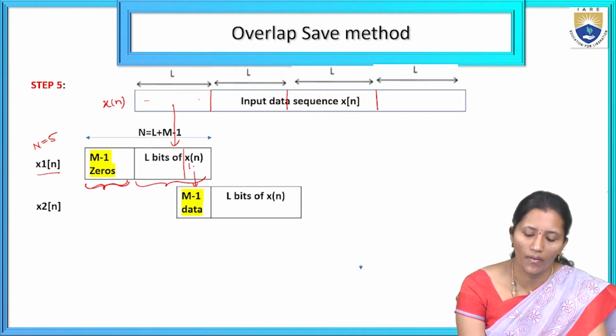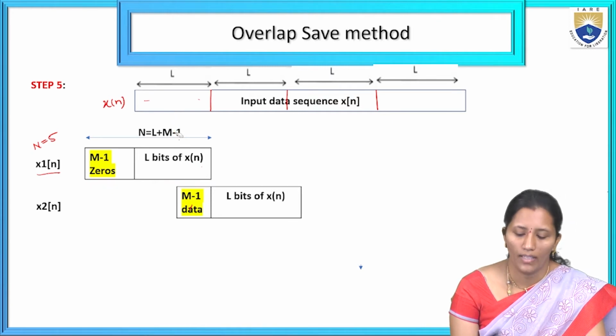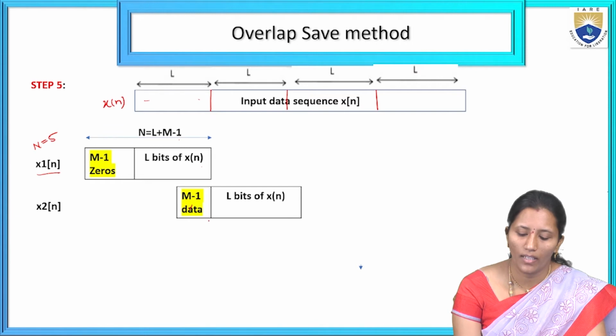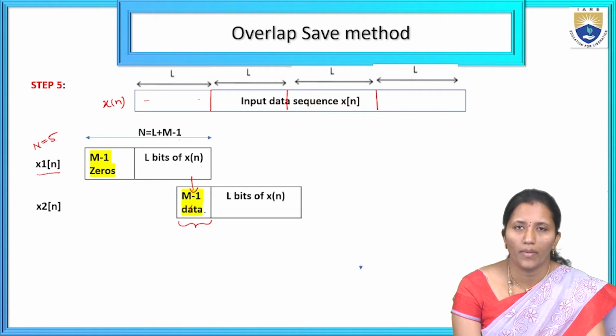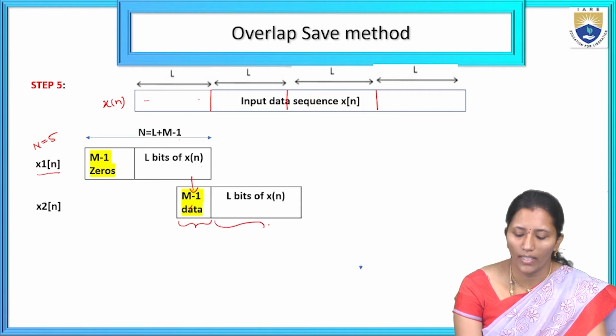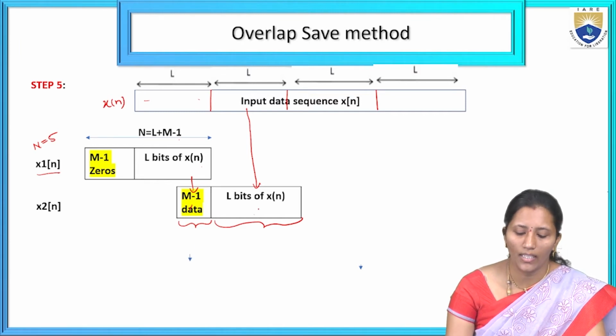So here, suppose I have x1 of n. These bits will come here. The last m minus 1 bits will come to the x2 of n, and the next m minus 1 data of the previous segmented block is followed by the next new L bits of x of n. So the first L bits will go to the x1 of n and the next L bits will come to the x2 of n. So to get the x3 of n,